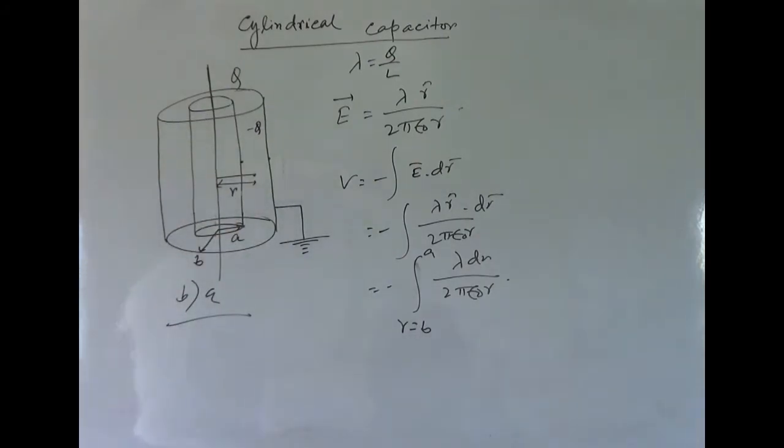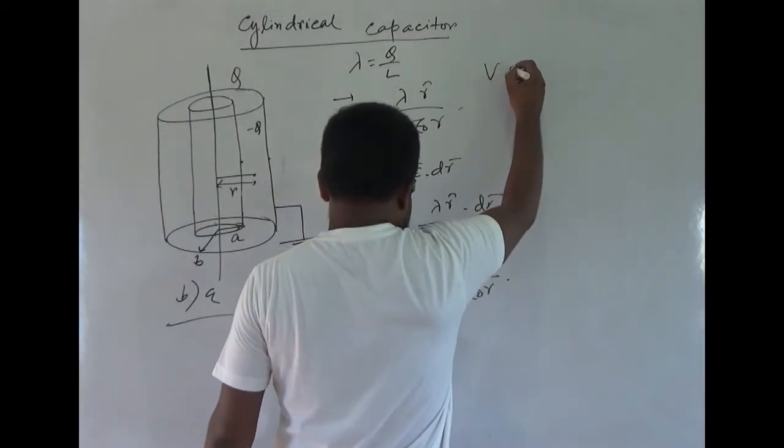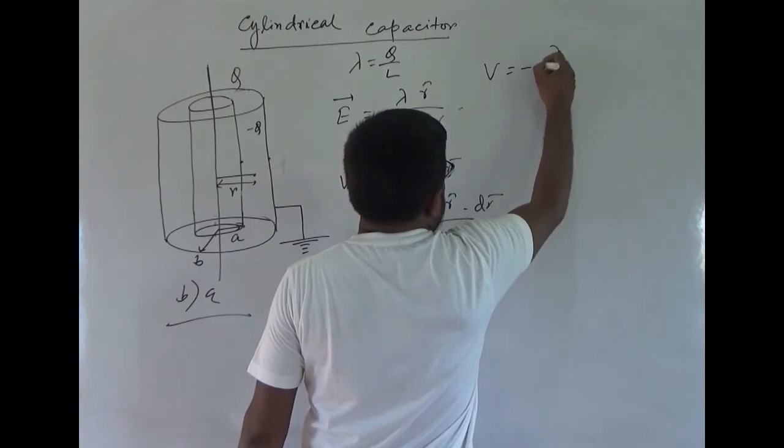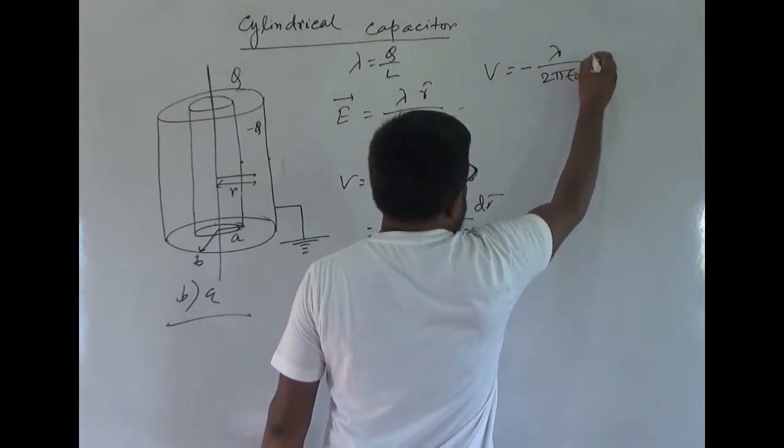This will be the potential difference, and as lambda is constant, which is Q by L, we get